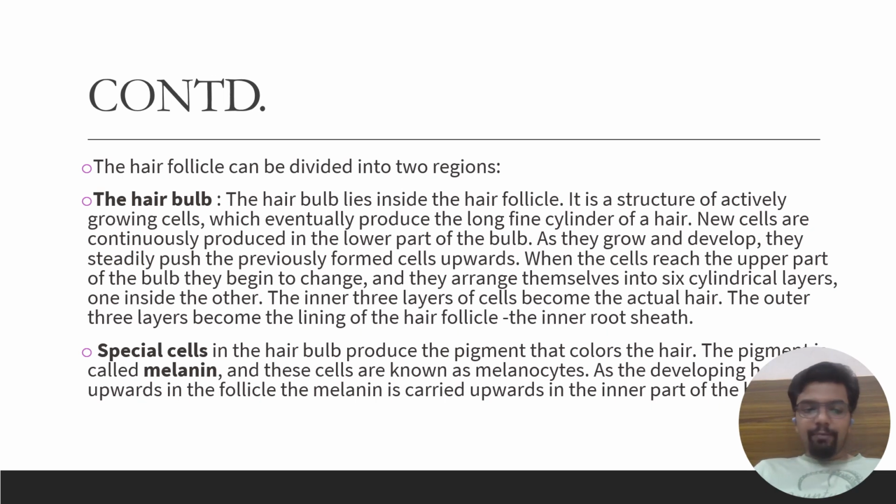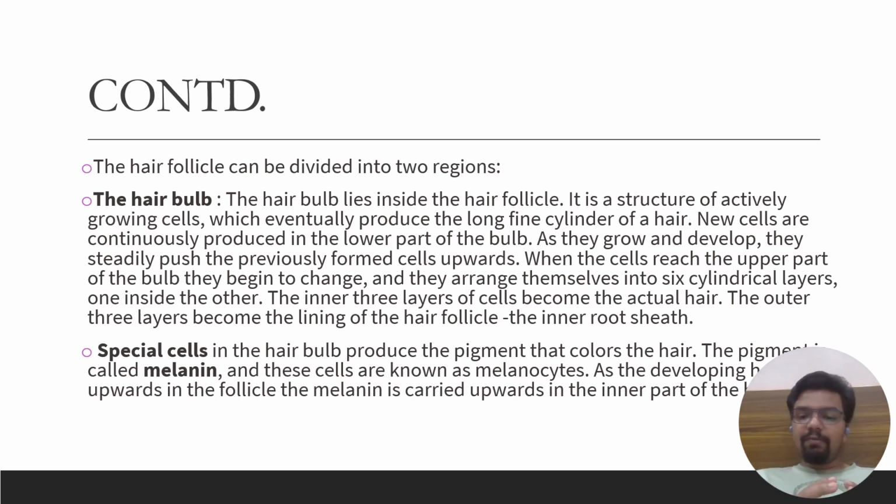Continuing the previous slide, we can say the hair follicle has basically two regions. One is the hair bulb and the second one is special cells. The hair bulb is a structure of actively growing cells which eventually produce the long fine cylinder of hair, and new cells are continuously produced and push the old cells outward. As they grow and develop, they steadily push the previously formed cells, and when the cells reach the upper part of the bulb, they begin to change